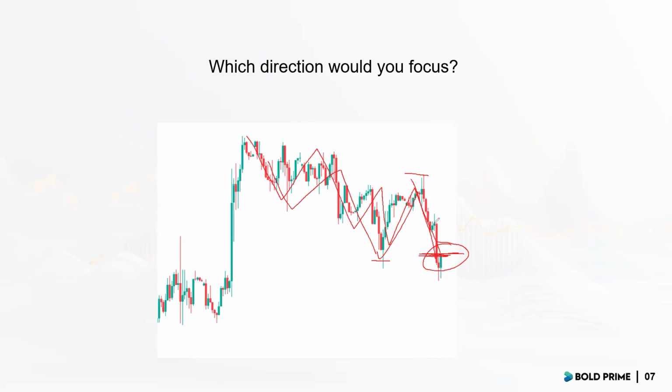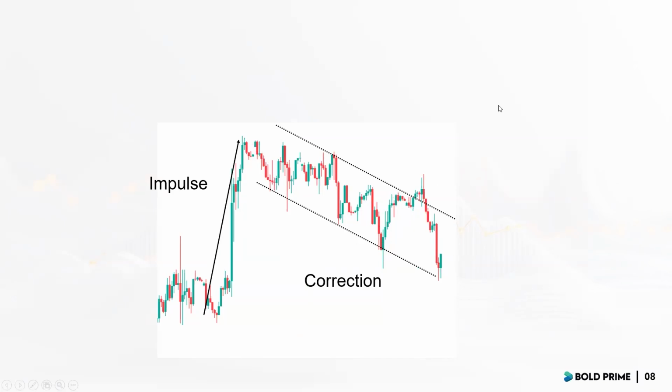Now, in this entire move, you start to realize that there's a lot of overlapping sequence: up, down, up. This essentially is a slow moving correction. Prior to that, what do we have? A very strong move to the upside. So what we can clearly see is this is an impulse, this is a correction. When we get this combination, that's where we have a very clear direction to look out for. Impulse, correction, the bias here is upside. That's what we expect, and eventually that's what the market gave us. I hope you can follow along up to this point.